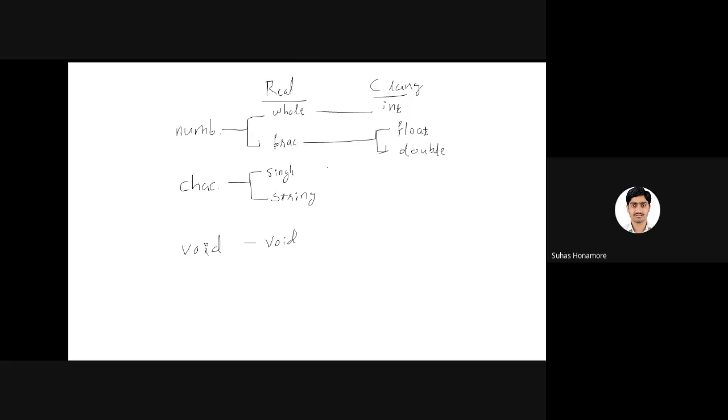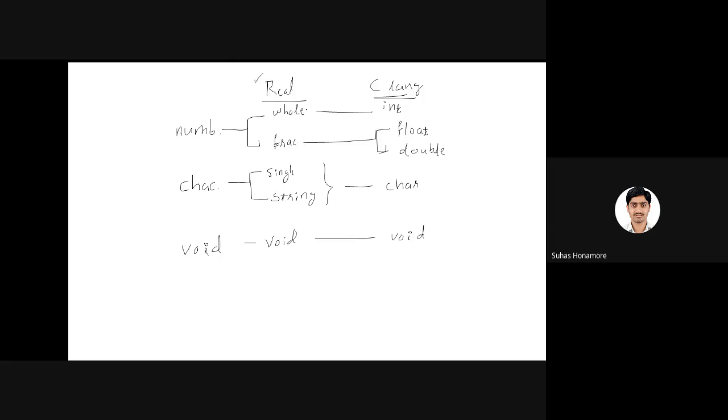Okay, so something as a double, and these two together. For character we'll say char only. By using this character data type you can write a single quote character, and a string also, by using this char. Then for void we don't know anything still, so here also we are saying void only. So in C language, whatever real life has, numeric or character, or we don't know anything, we can divide into these small divisions.